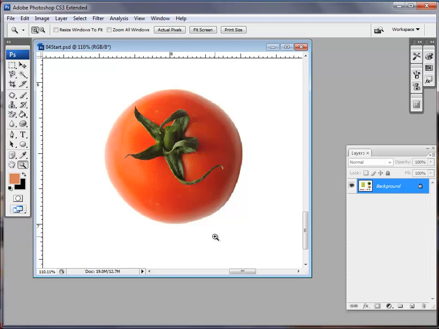Now keep in mind the zoom tool does not change the size of the picture. It just changes the viewing window with which you're looking at. So I've just basically exploded the picture so that all I can see is the tomato. So here we go with the tomato. What I want to do is grab the tomato, just the tomato alone, and I want to move it over